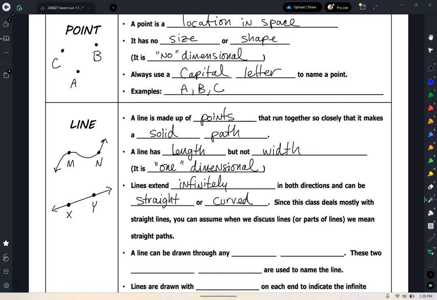The curved lines that we're going to talk about mostly, there's one particular curved line that's equidistant from another point in space. Does anybody know what that curved line is called? A circle, right? So a circle is a line, actually. It's just a curved line, and all the points are equidistant from another point in space. And parts of a circle are called arcs. And so we will look at some curved lines, but mostly we're going to talk about straight lines. So you can just know that as we're kind of moving forward here, okay?